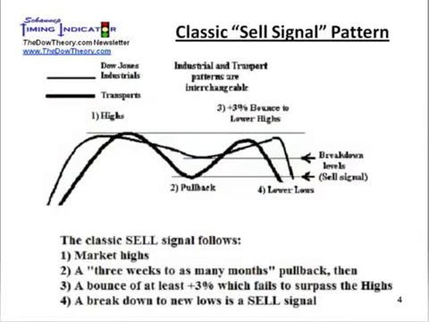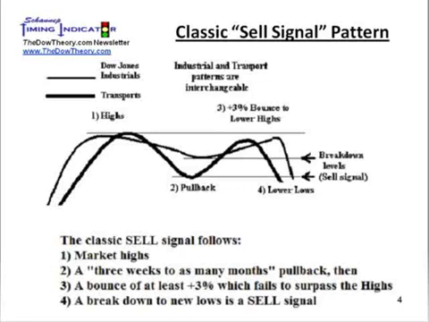The classic sell signal for going into a bear market is, of course, the same rules. It's just inverted. When a bull market tops and sets back, the subsequent rally then goes back up again over 3%, falls short of reaching the previous high, and then penetrates the recent lows on the next decline as measured by both the industrials and the transports. A sell signal would be generated and a probable bear market to follow. So the classic sell is outlined: market highs at 1, pullback at 2, bounce to below the highs at 3, and a breakdown below the pullback level